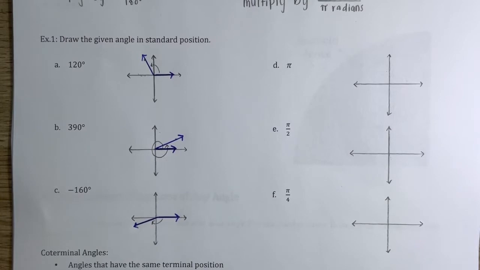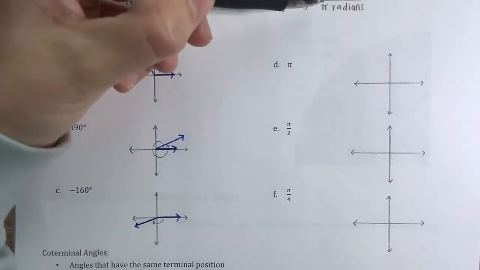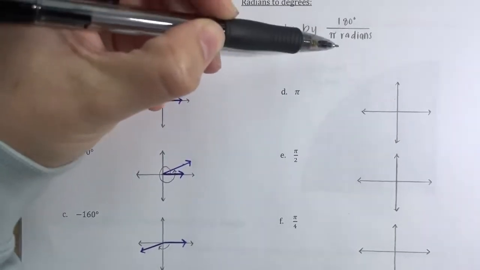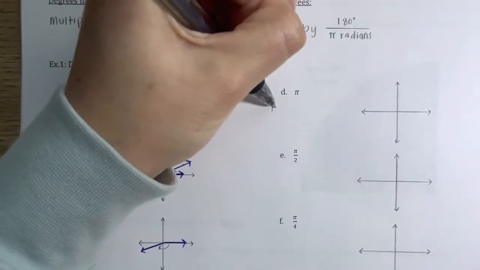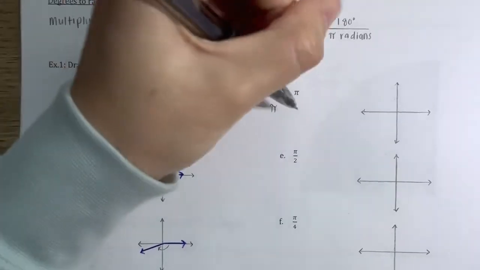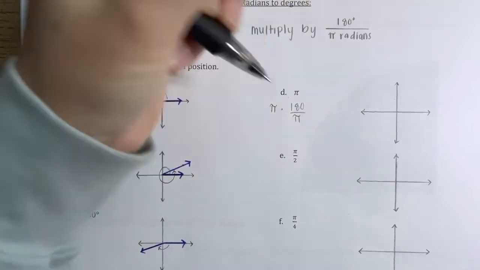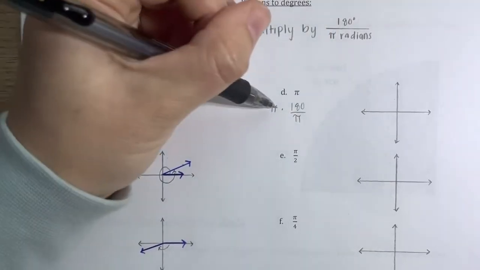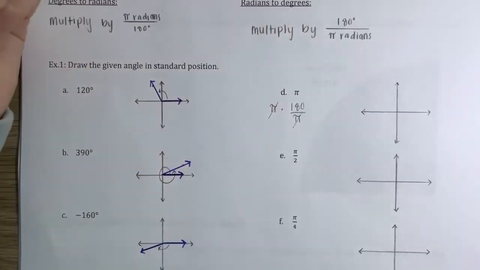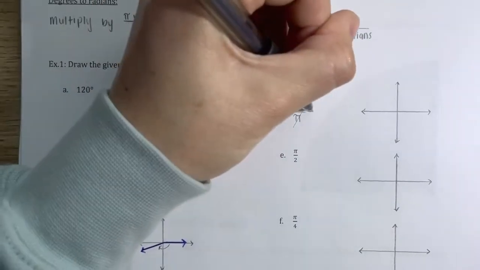So for D, E, and F, those all have pi in their measurement, so that means that they're in radians. So while we're getting used to radians, it's helpful to turn them into degrees so we kind of have an idea of how to draw those angles. So if I want to convert from radians to degrees, I'm multiplying by 180 over pi. So I'm going to take pi, my measurement from D, and multiply it by 180 over pi. And then pi and pi, those cancel each other out. It's like cross-canceling. So we're just left with